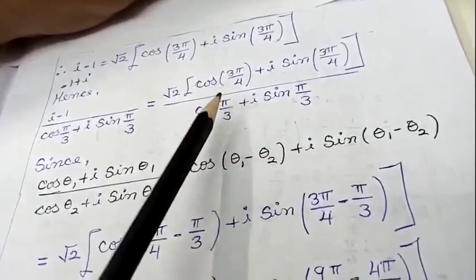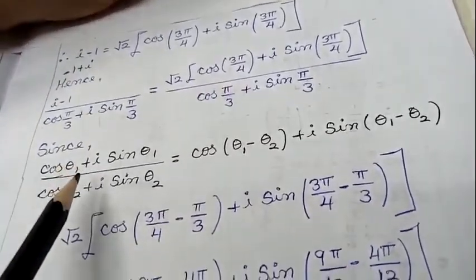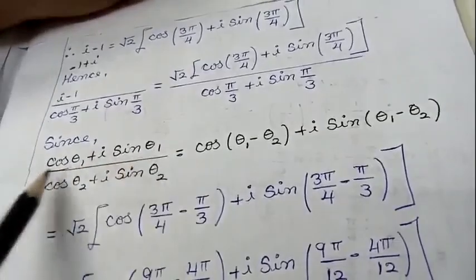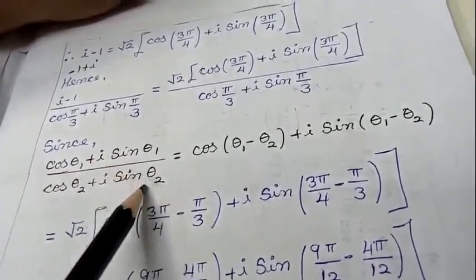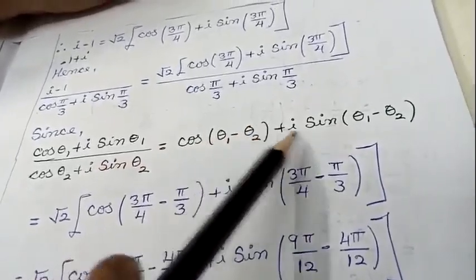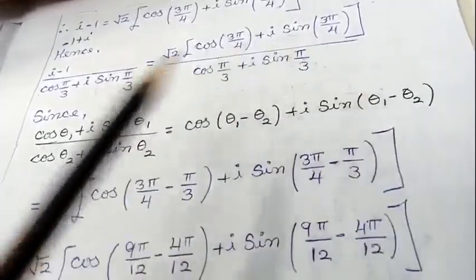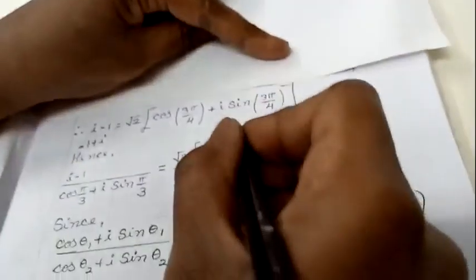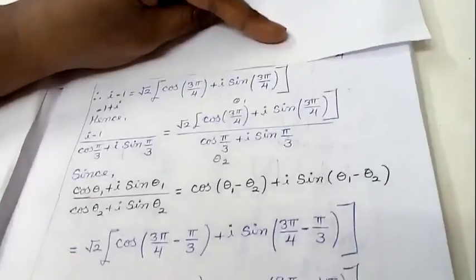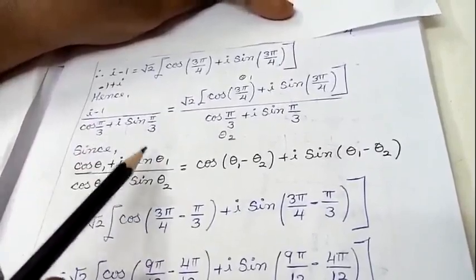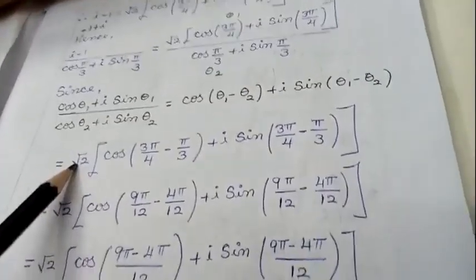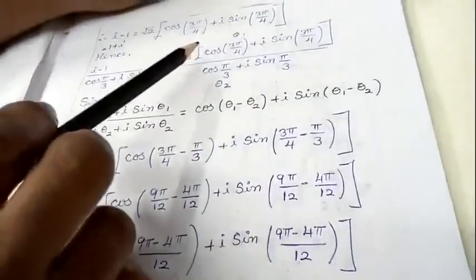Now in this place I am going to use a property, and I am going to tell you the property conditions next. Just see this property, that is (cos theta 1 plus i sin theta 1) divided by (cos theta 2 plus i sin theta 2) can be written like this, that is cos (theta 1 minus theta 2) plus i sin (theta 1 minus theta 2). So in place of theta 1, I am going to have 3 pi by 4, and in place of theta 2, I am going to have pi by 3. Just see, students, this combination can be written like this. Root 2, I am keeping it as it is. I am doing the calculation only for my right hand side part, students.